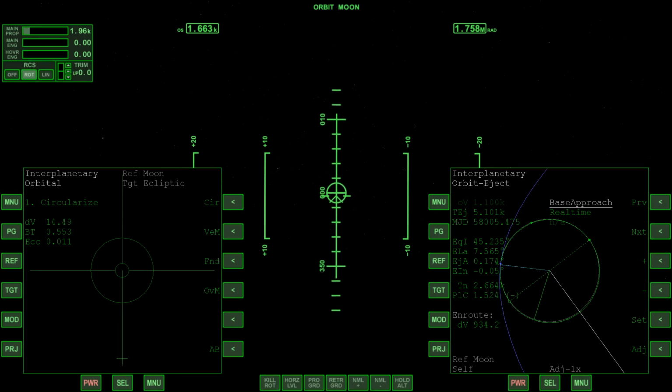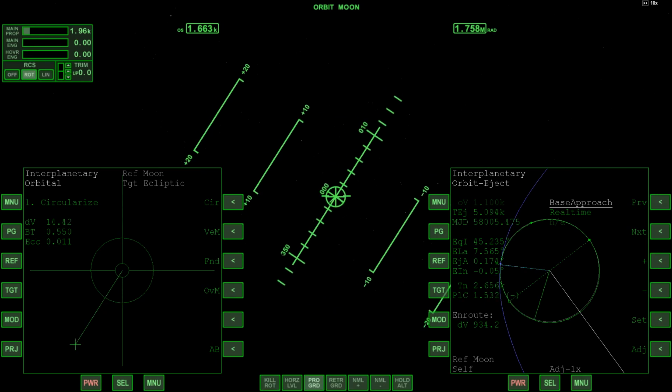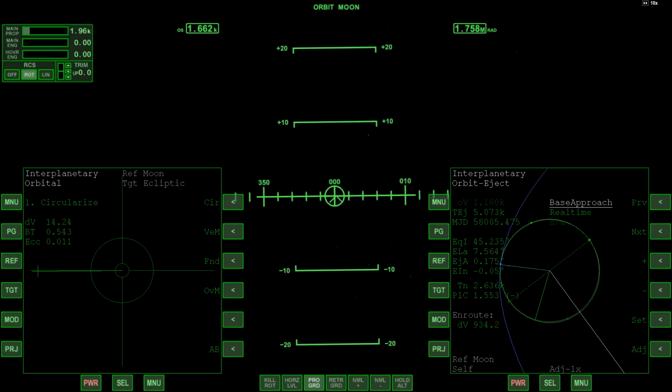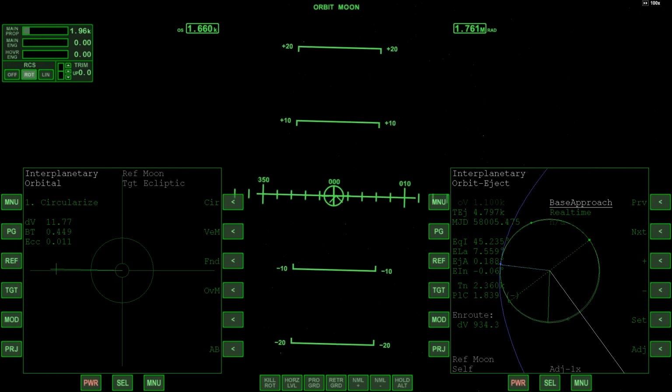Also switched over to the orbit HUD. Okay, so just activated the prograde autopilot just to help keep the vessel situated prograde here. So we're at 100 times acceleration. We're quickly approaching apoapsis, back to 10 times, and now normal time.